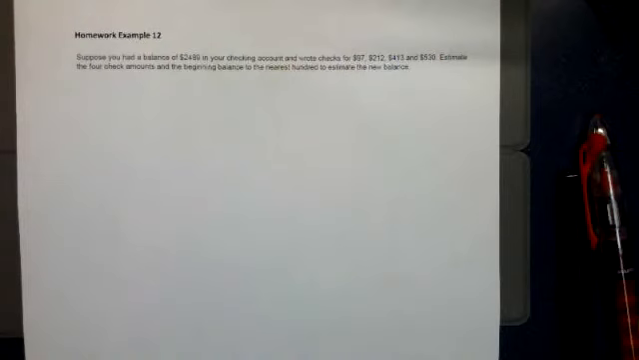Okay. And finally, let's say we had this. Suppose you had a balance of $2,489 in your checking account and wrote checks for $97, $212, $413, and $530. Estimate the four check amounts and the beginning balance to the nearest hundred to estimate the new balance. All right, we're going to round each one of these to the nearest hundred,